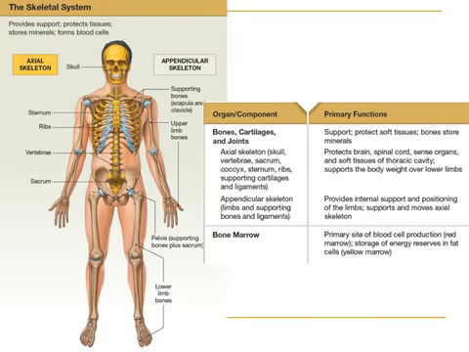So the skeletal system consists of the bones, cartilages, and joints, where these bones and cartilages of different regions come together or articulate with each other, and it provides support. It protects the soft tissues. Bones also store the